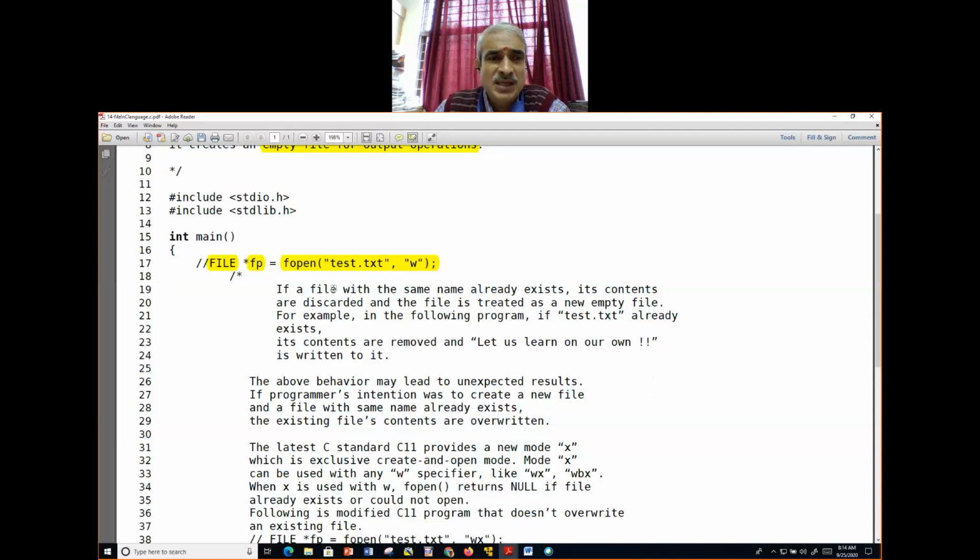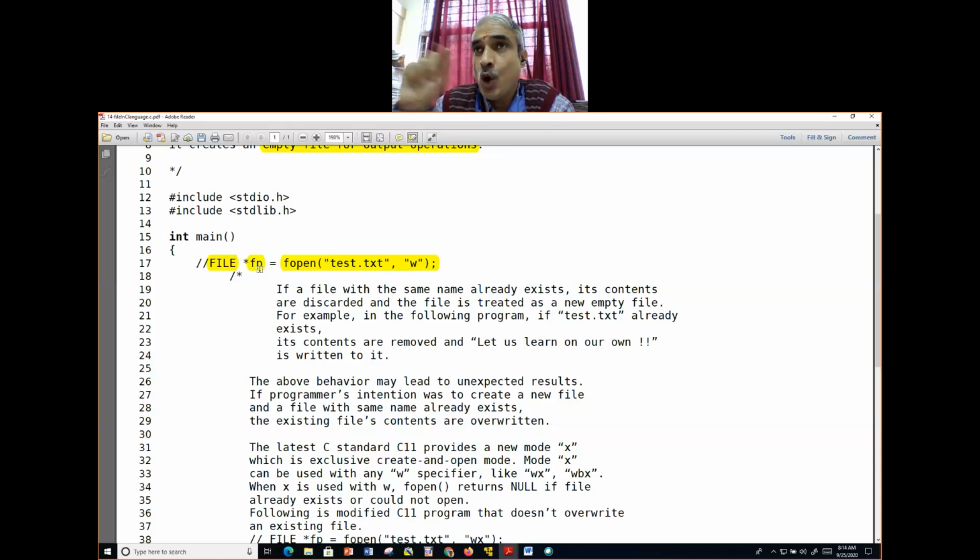Now look into this. We open a file called test.txt in write operation mode, and this will be referred to like a USN number. Here we are giving FP. When you refer to FP, it refers to that file which you opened. In your home, maybe in your office also, you will be numbering your office files, 1, 2, 3, 4, 5, 6.